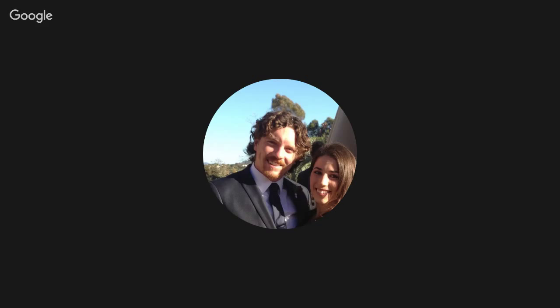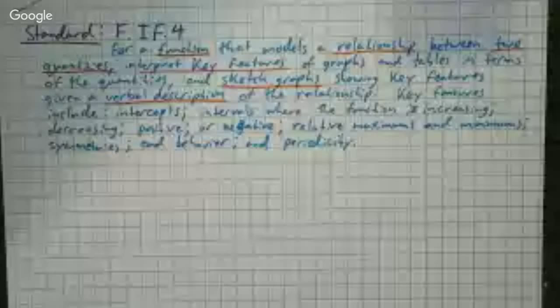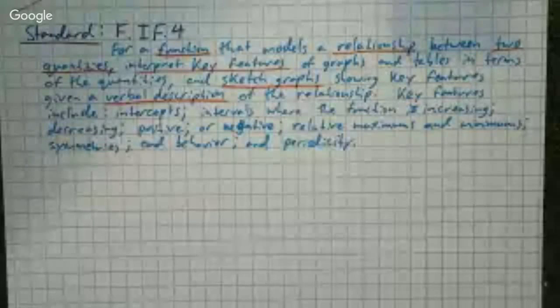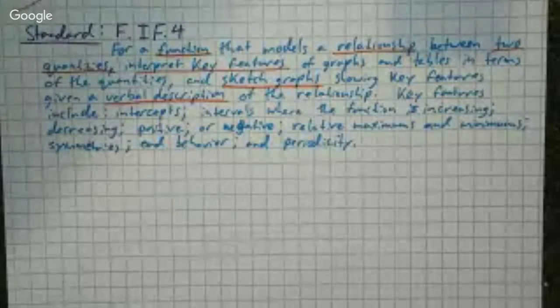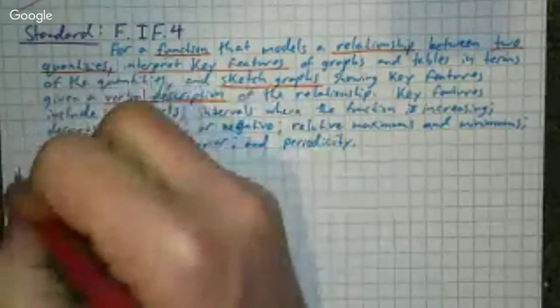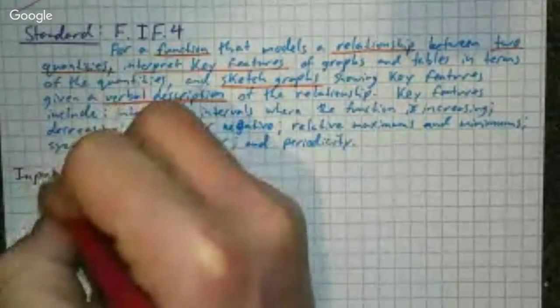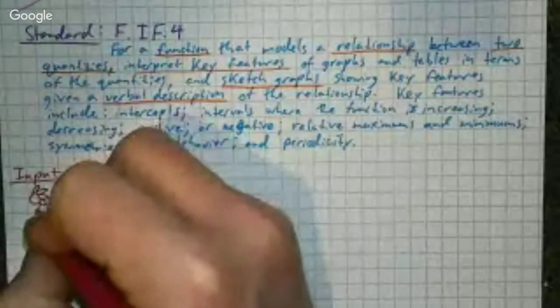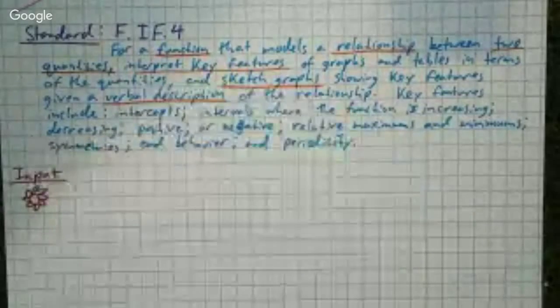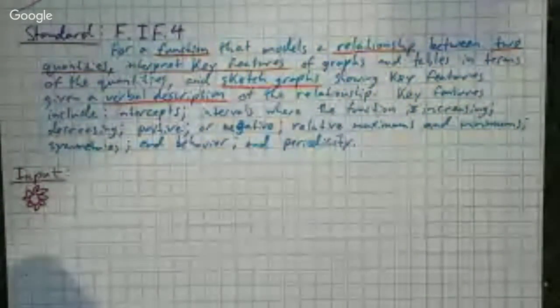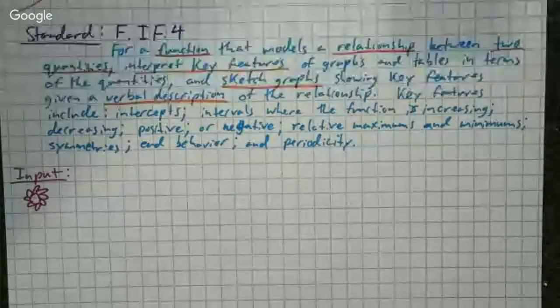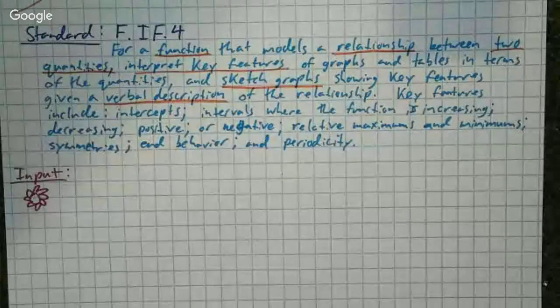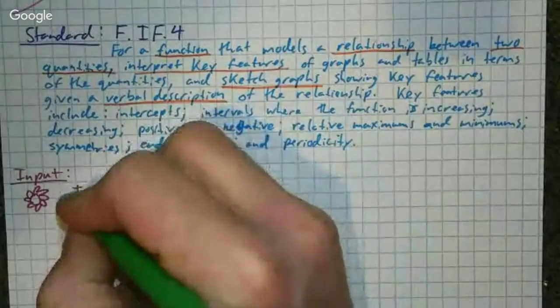Let's go ahead and jump in. We don't have any language of the discipline, and we really don't have much input. We're going to get a lot of modeling in, but for input, there's one thing to remember. So go ahead and put your input, draw your flower, and we just have one reminder we need to write down for ourselves. And it says, in each situation,